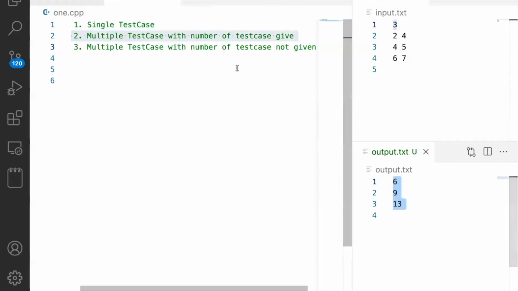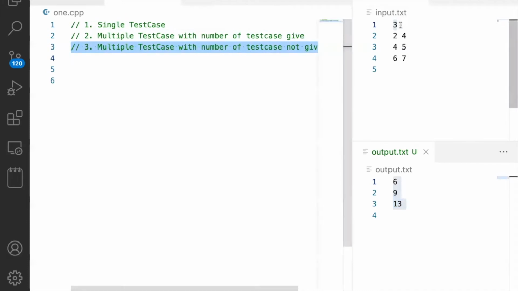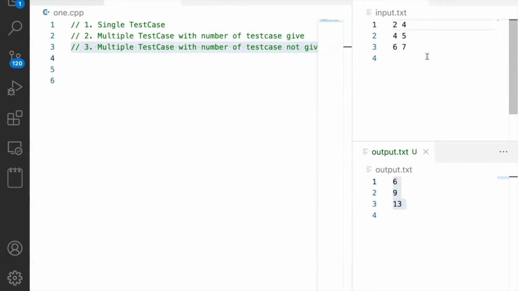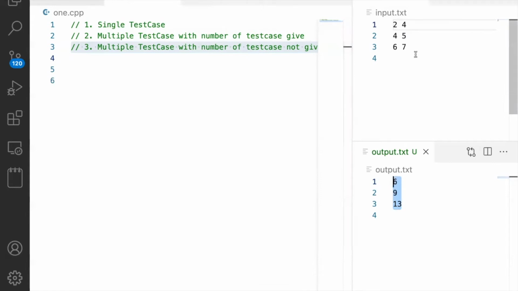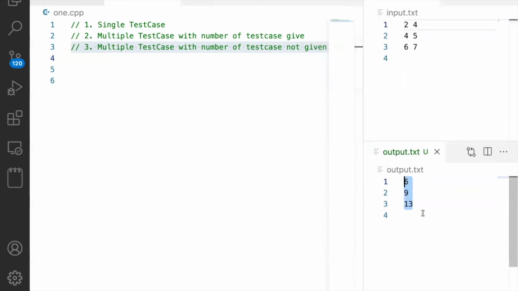Okay, now the third one is multiple test case with number of test case not given. Let's say this three is not given and you need to understand how many inputs are given to you, how many test cases are there, and accordingly print the result. So result will be same, but the only difference between second and third is sometimes you'll be given number of test case, sometimes will not be given number of test case. So we'll look at how we can read that